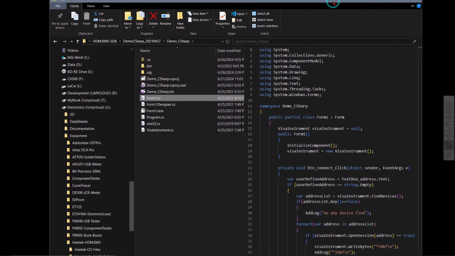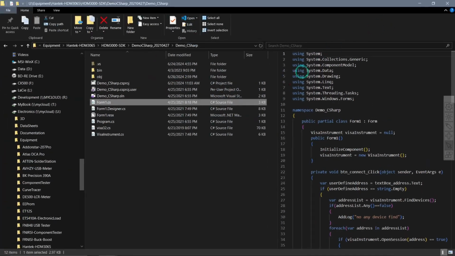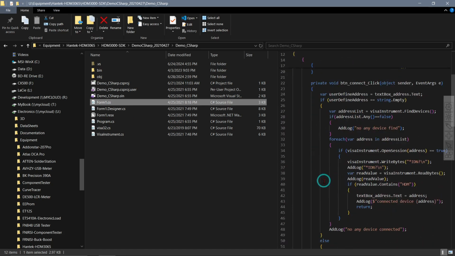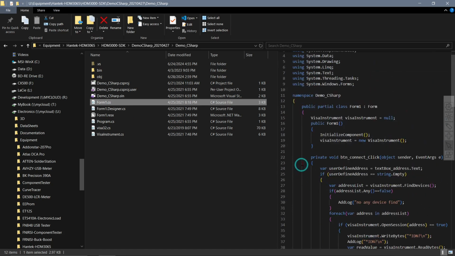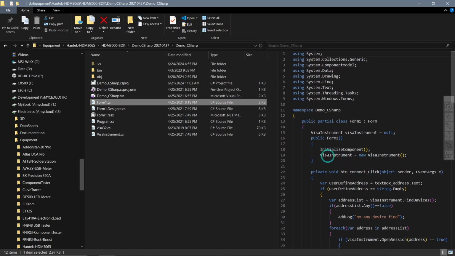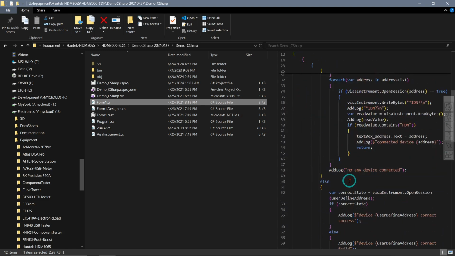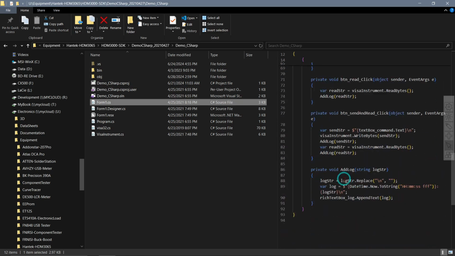Let me make this full screen. It's got a form there with a couple of fields on it where you can connect and then send commands to it. And over here you get an indication of how you can connect with the device,